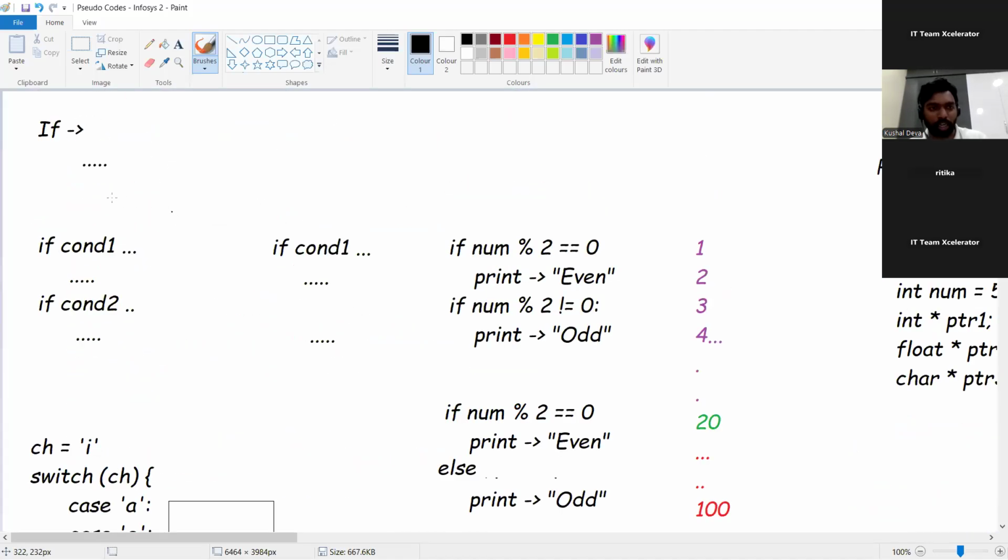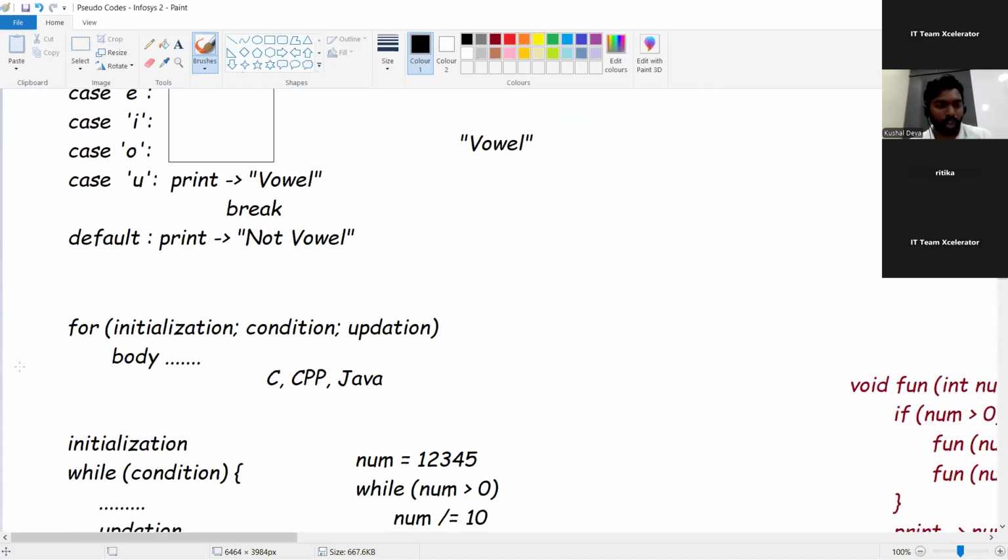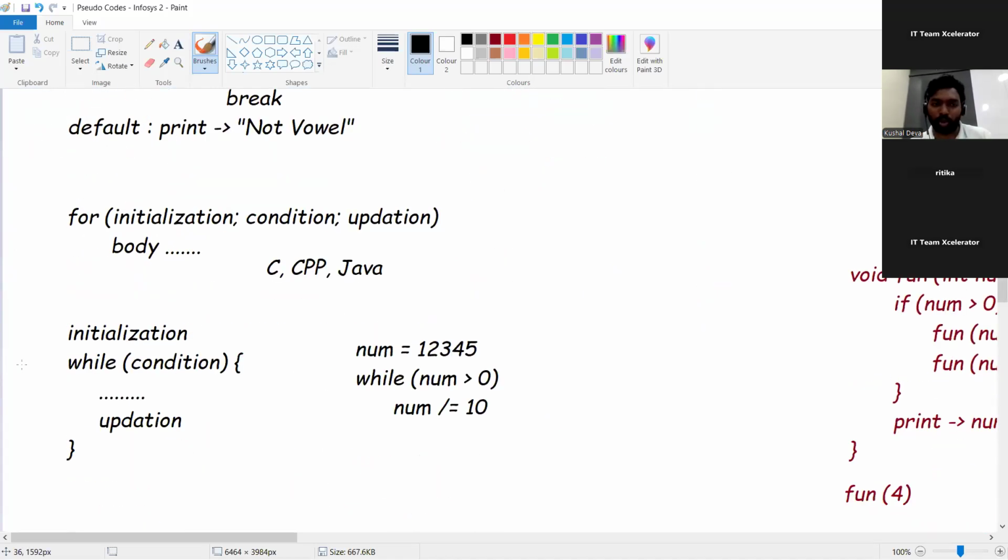Okay, so this is what we have seen in our day 2. Quickly, we have gone through the conditional statements like if, else, else if, followed by switch case. So after that, we have seen, okay, we have also seen switch case even. Then followed by that, we have seen what are loops about. All right, so for loop and while loop we have seen.